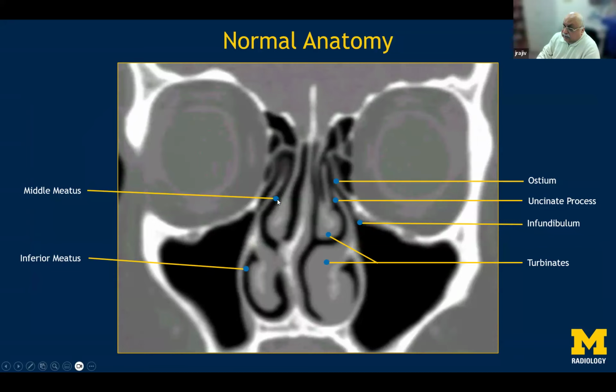Again, to look at the middle meatus itself here, the boundaries are important. This is the uncinate process. This is the middle turbinate and the attachment of the middle turbinate to the roof of the ethmoid sinus. So try and always see this particular area very clearly and look at any other cells which are here on the medial wall of the orbits to make sure that they are not too large or too close to the uncinate process. There should be a little bit of a gap between the uncinate process and the medial wall of